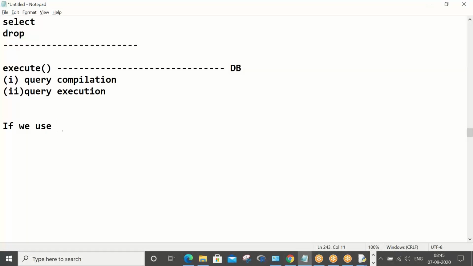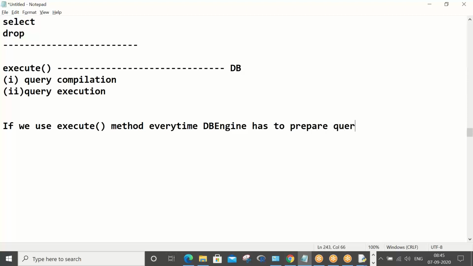If we use the execute method, every time the DB engine has to prepare the query plan, the query compilation plan, and the query execution plan.